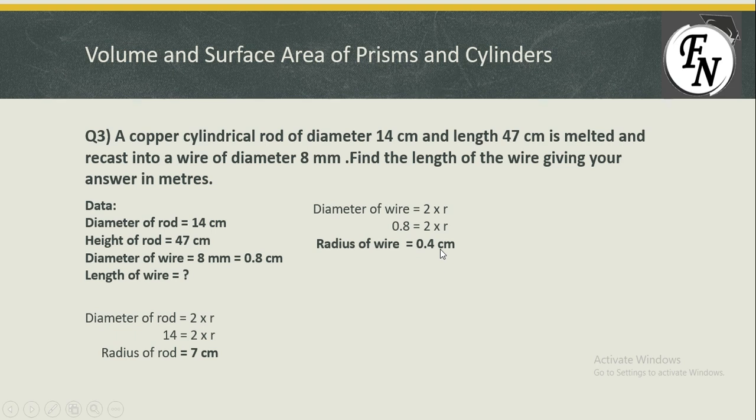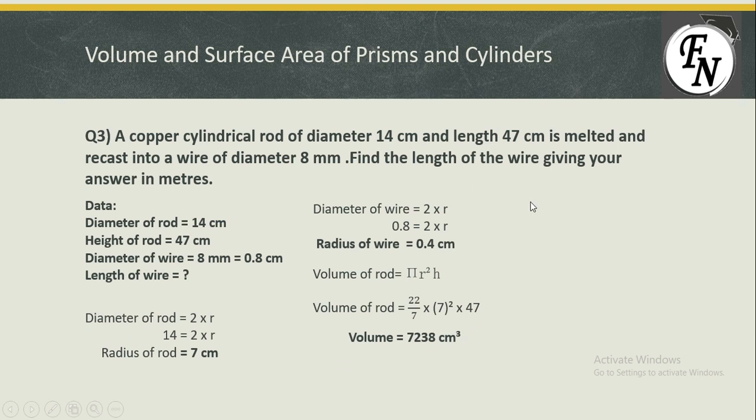Now we will be working on the volume. The volume of the rod would be pi r square h. So pi would be 22/7, r would be 7. This is the radius of the rod, and height is 47 as it is given to us, and when we solve it using BODMAS, we will obtain the value as 7238 centimeter cube. This is the volume of the rod, and this whole volume will be converted into the volume